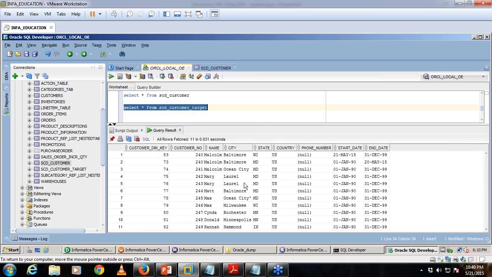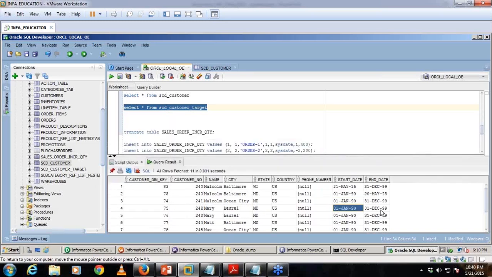Mary Laurel is currently staying in MD, and the start date for it is 1st January to 31st December. We have got duplicate data over here, but that will not be a problem actually. So the 1st January to 31st of December, right? Now if we execute this particular workflow,